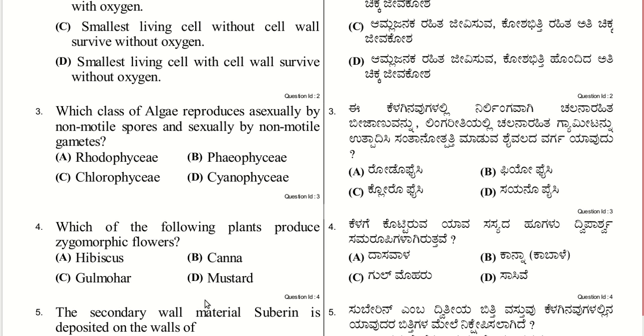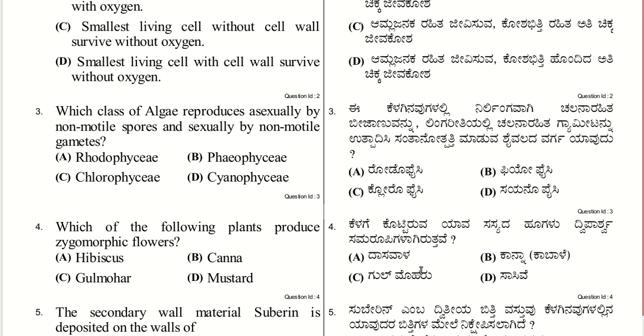Which of the following plants produces zygomorphic flowers? Zygomorphic flowers have bilateral symmetry, so you can divide the flower into two equal halves in only one plane. Hibiscus is actinomorphic. Gulmohar is also actinomorphic. Mustard is also actinomorphic. So